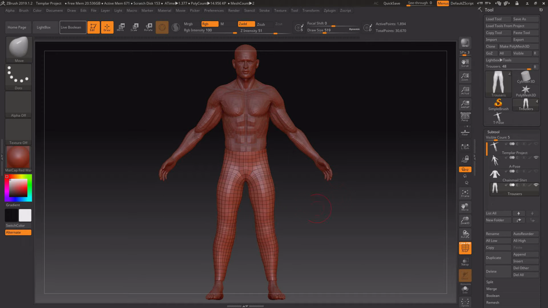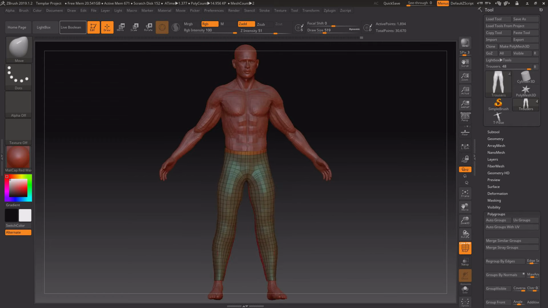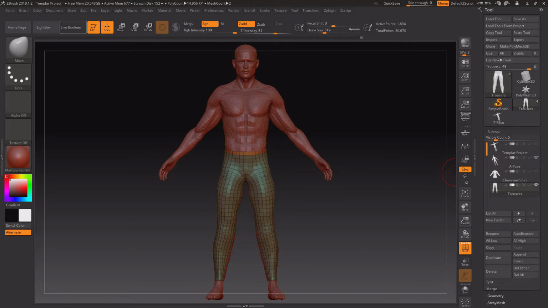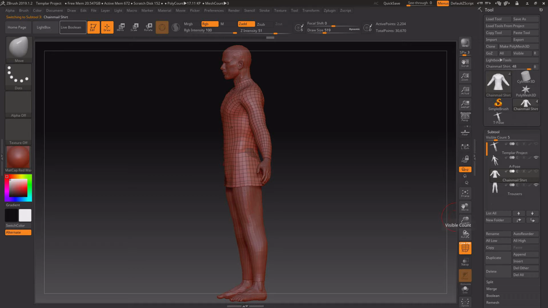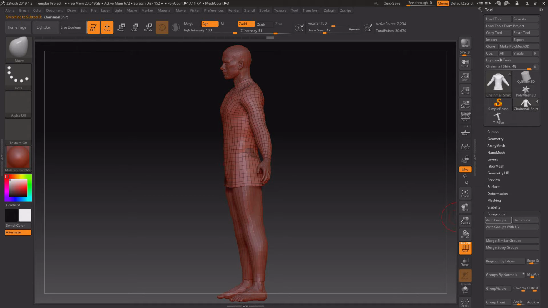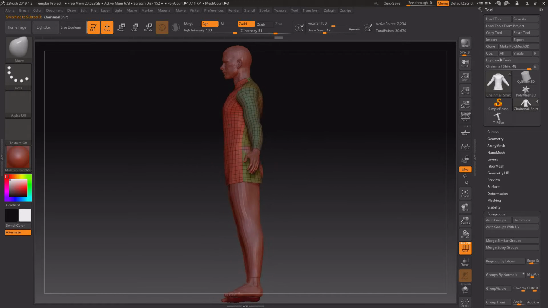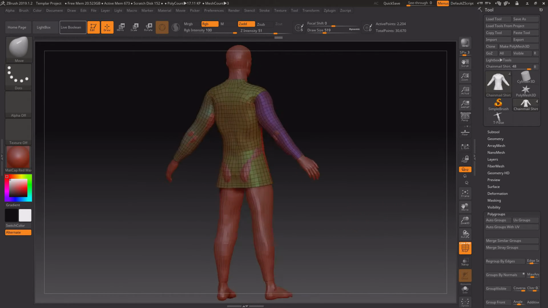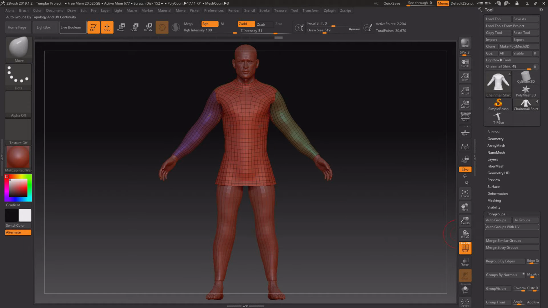Import the trousers over the top. What I also like to do is auto groups with UV, so they just give you the color, and that should have been done before as well. With your polygroups, auto group them with UV. Now this is particularly important when you want to export them out afterwards through an FBX. Auto groups with the UV keeps the UVs on them, and we'll show you